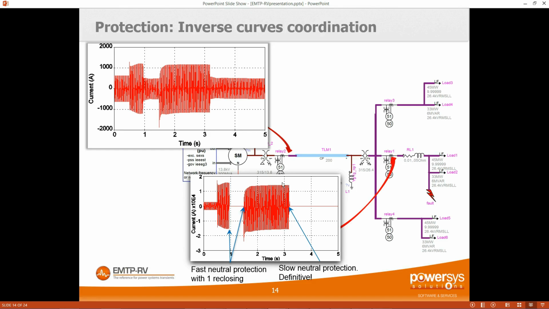And then we reproduce all the strategy of the manufacturer for the tripping. So it's the most precise way to study protection in the end. So here it was an example of